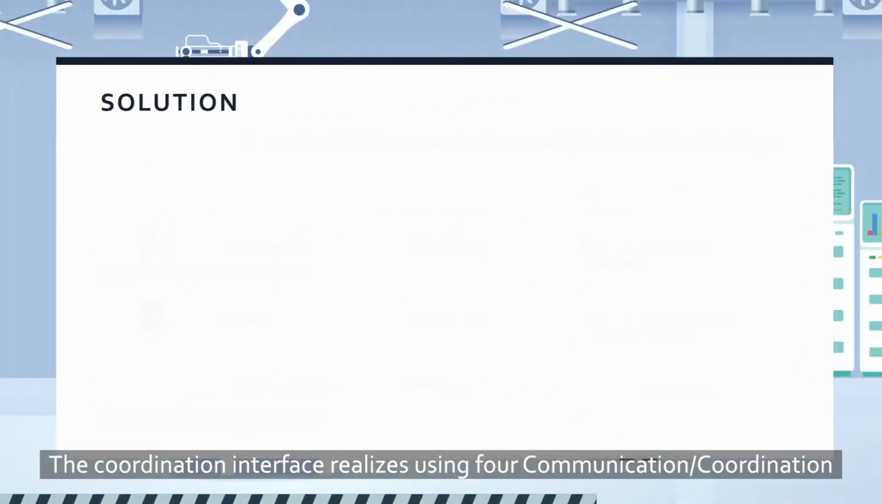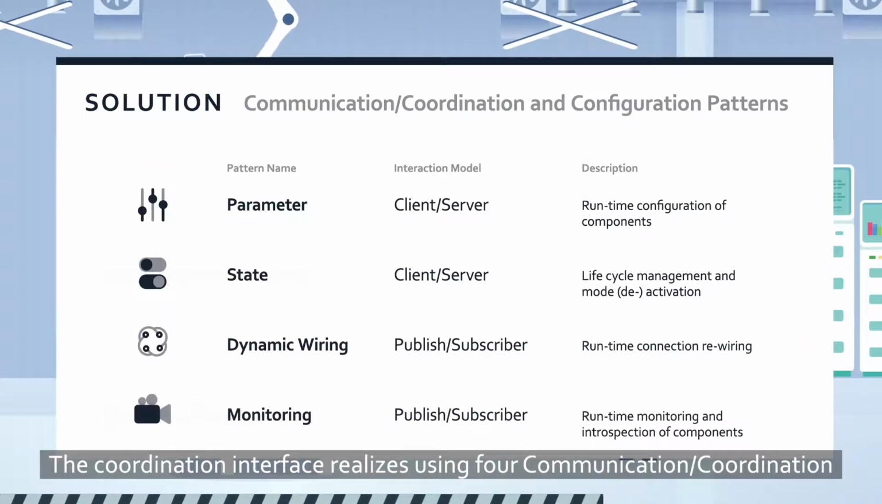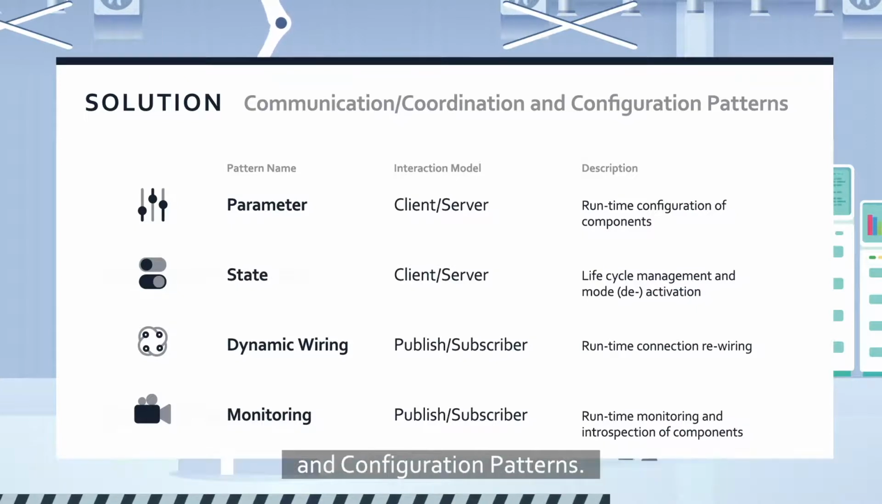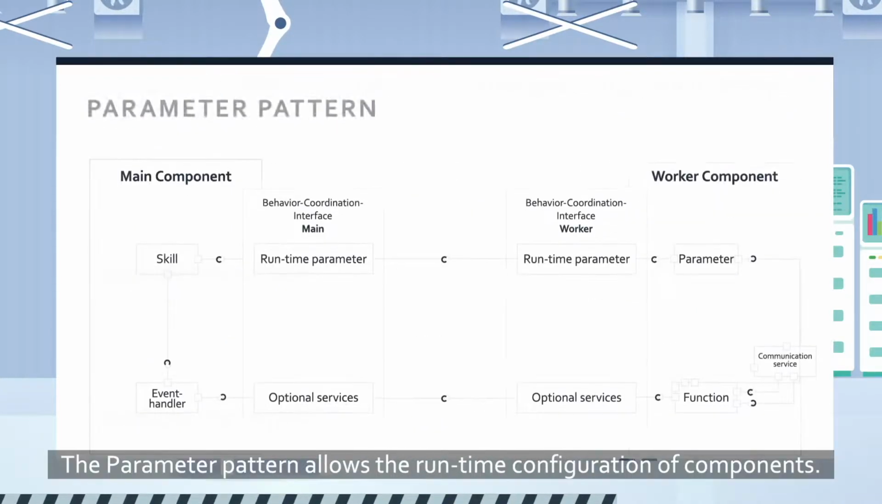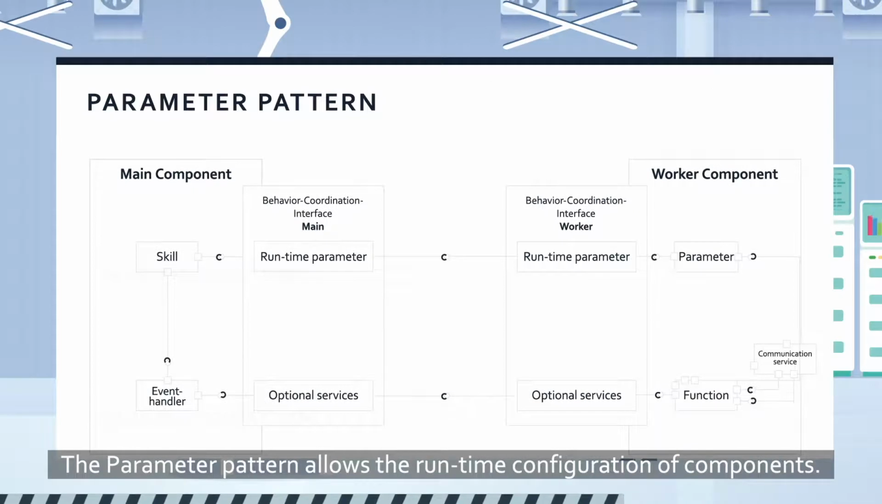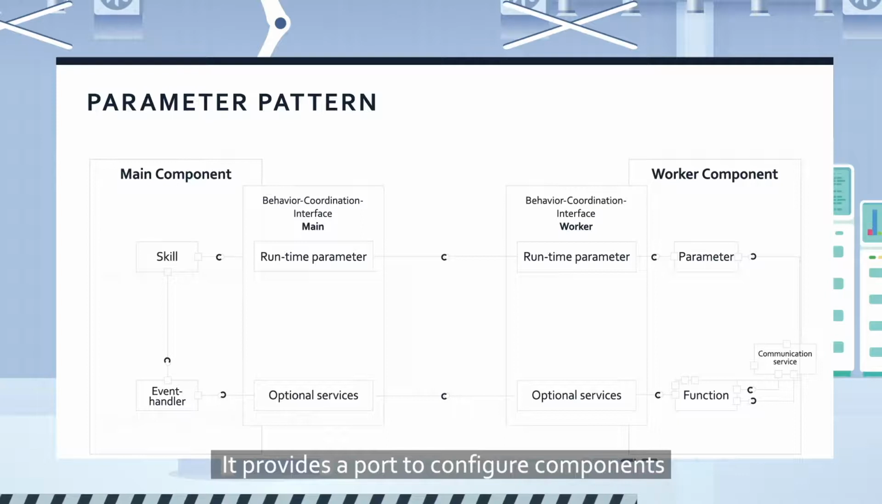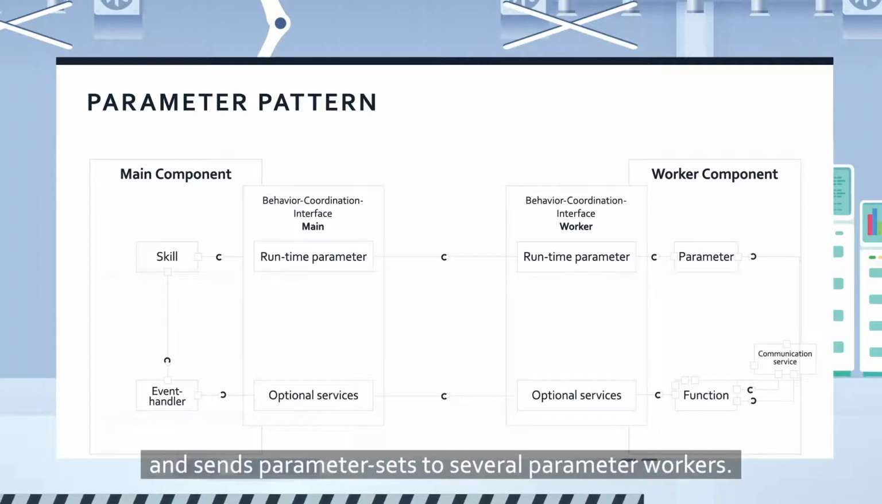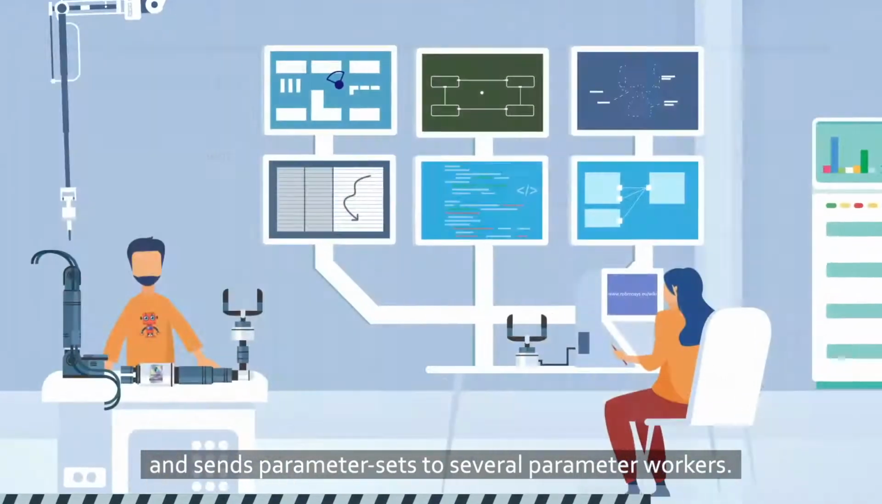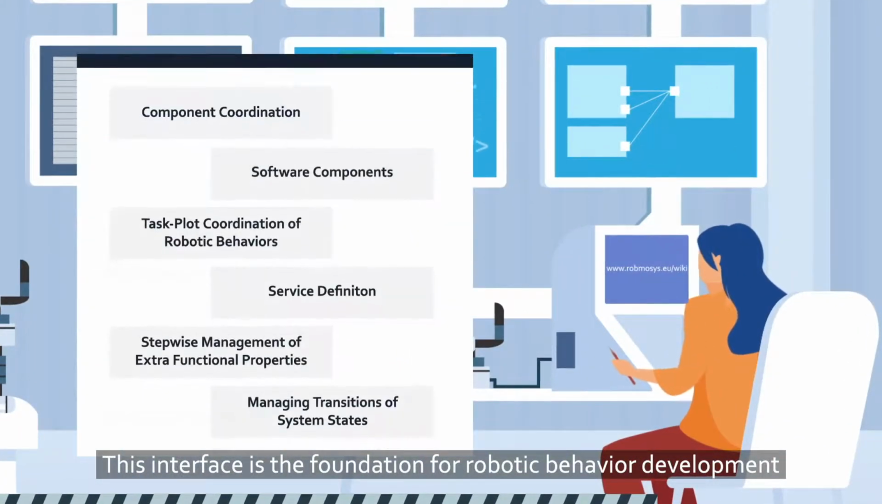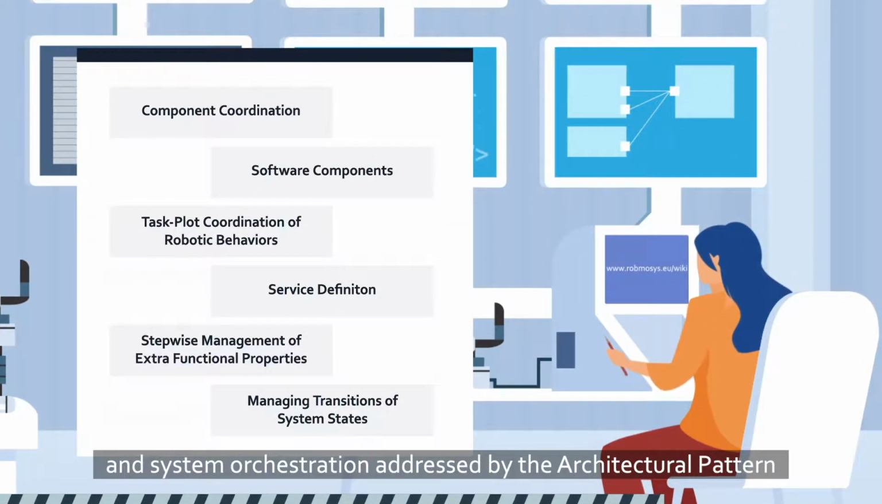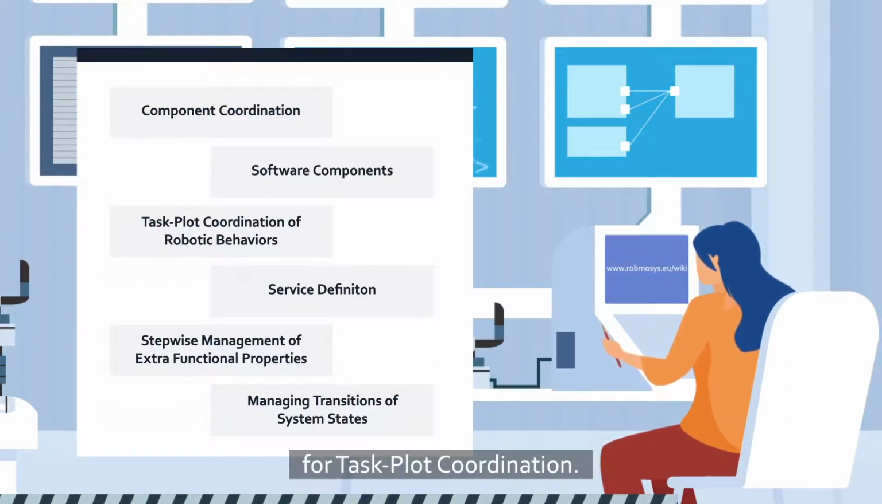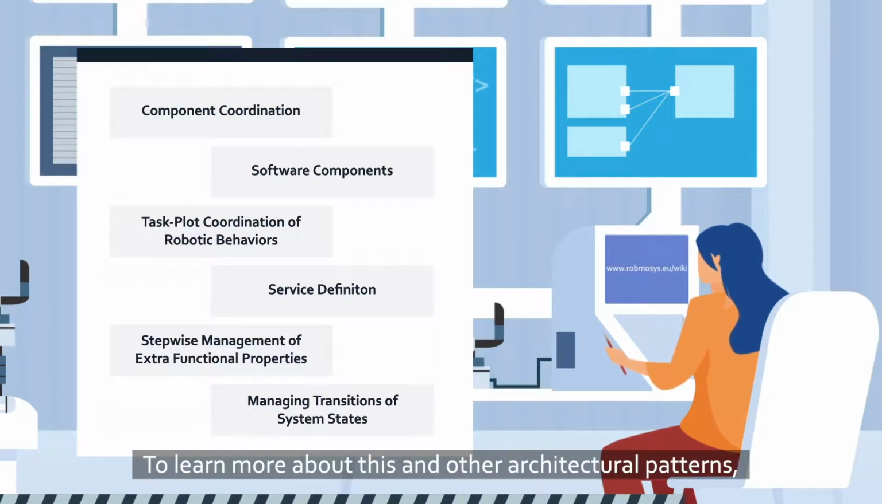The coordination interface is realized using four communication, coordination, and configuration patterns. The parameter pattern allows the runtime configuration of components. It provides a port to configure components and sends parameter sets to several parameter workers. This interface is the foundation for robotic behavior development and system orchestration, addressed by the architectural pattern for task plot coordination. To learn more about this and other architectural patterns, check out